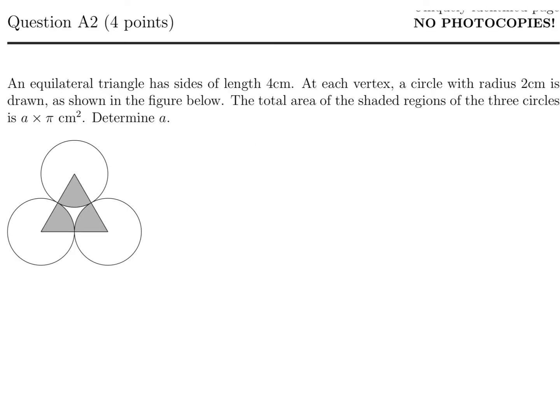An equilateral triangle has sides of length 4 centimeters. At each vertex, a circle with radius 2 is drawn, as shown in the figure below. The total area of the shaded regions of the 3 circles is a times pi centimeters squared. Determine a. Well, since this is an equilateral triangle, each of these angles will be 60 degrees,